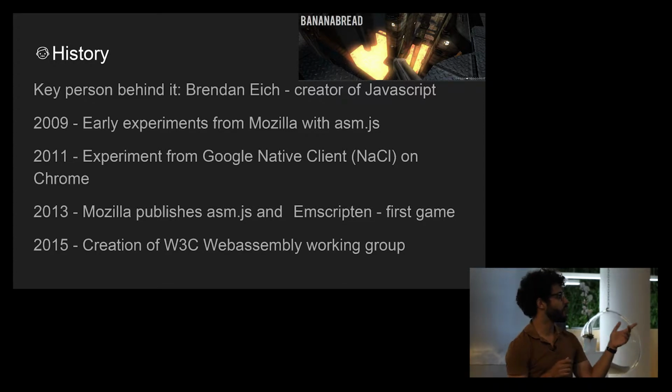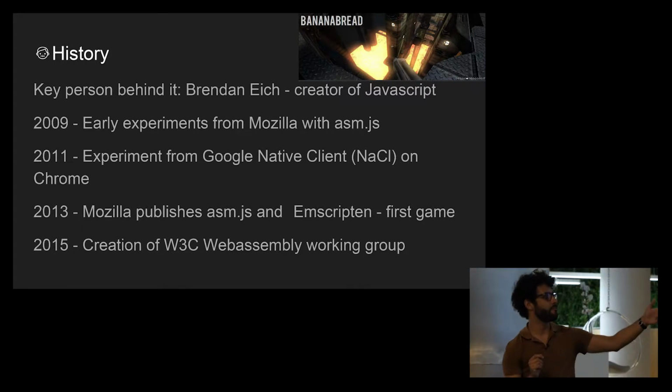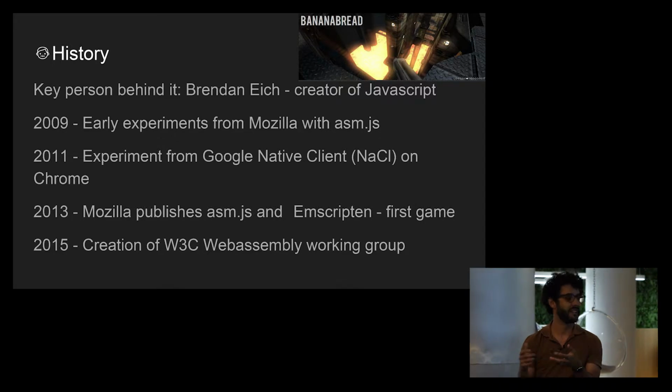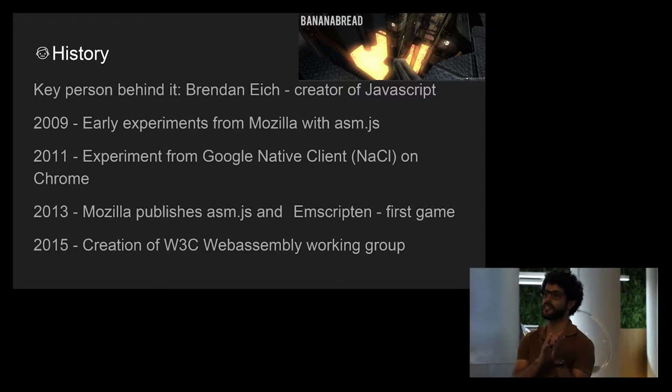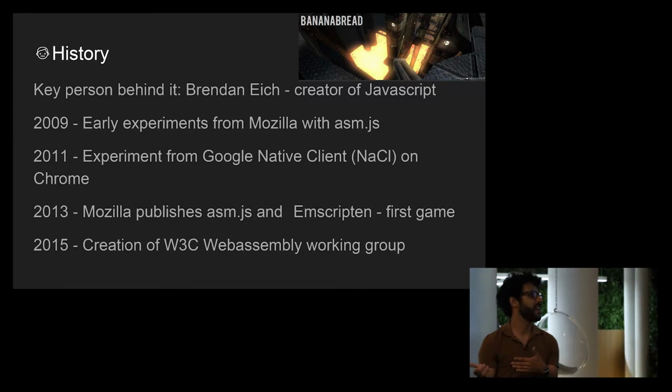Then in 2013, Mozilla published ASM.js and also published the project that most people know, Emscripten, a compiler from C and C++ to ASM.js.